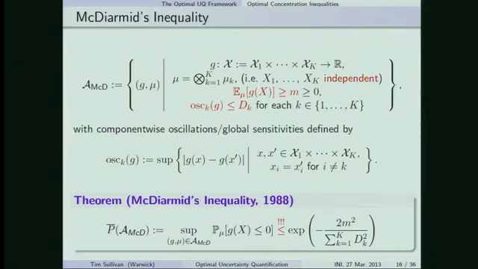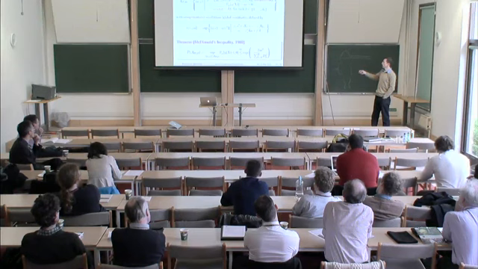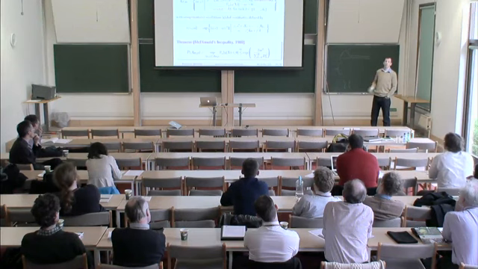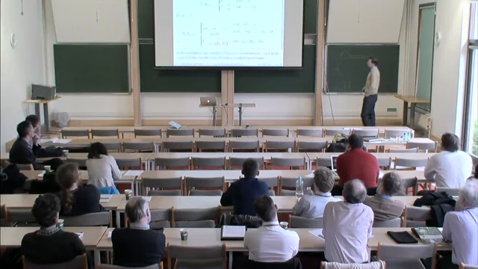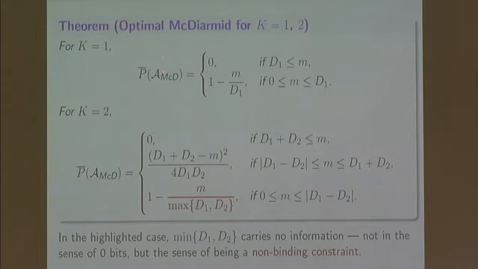And McDiarmid's inequality just provides an upper bound on the least upper bound of the probability of that output random variable taking negative values in terms of a Gaussian type expression like that. And the reason I put exclamation marks here is that this is a very convenient form, but it's not sharp if I pick any finite k. If I pick a finite k, though, I can actually work out by hand what the least upper bound is.